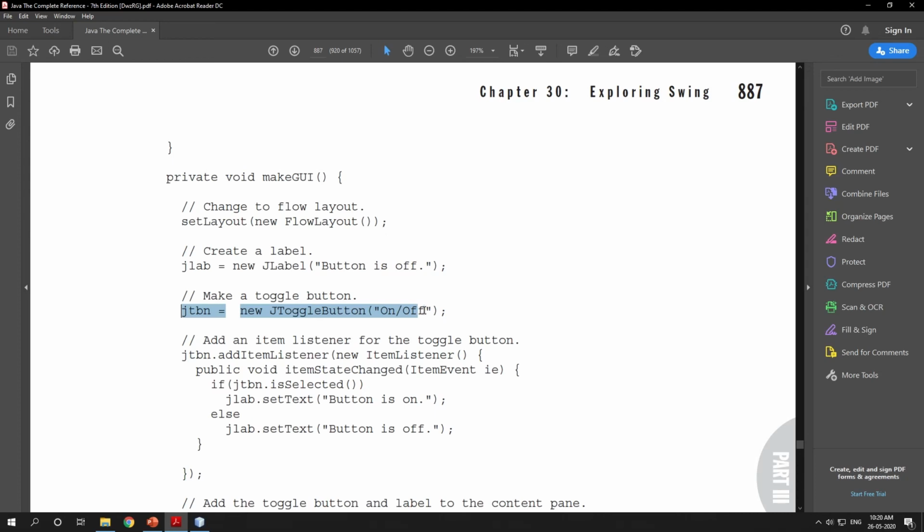You can have anything over here. This is user defined. You can have anything here. This is user defined. Now then you are adding a listener here. In the listener, I am using ItemListener here. This author is using ItemListener. Then you are creating an anonymous inner class which is implementing the ItemListener interface and writing the body for itemStateChanged. If the item state is changed and if the button is selected,